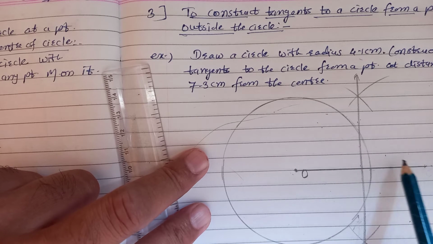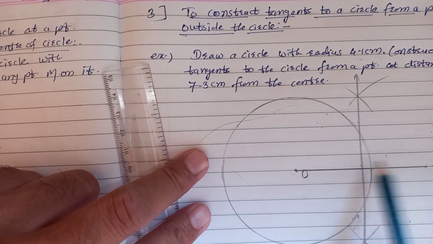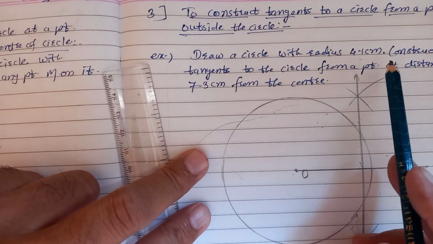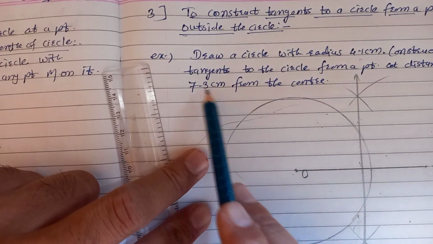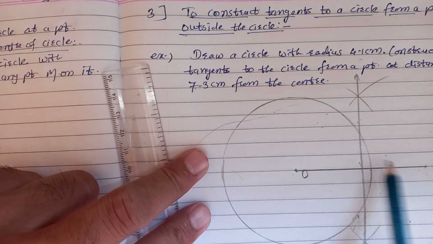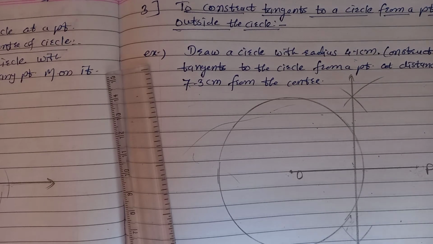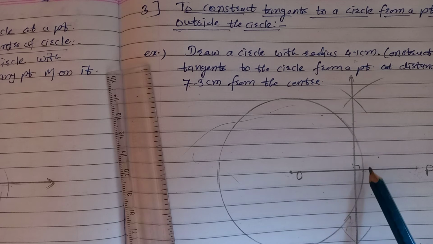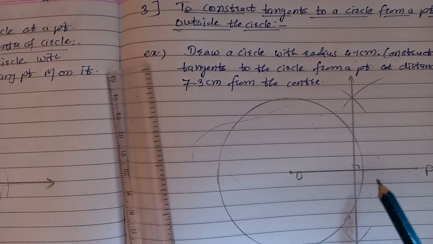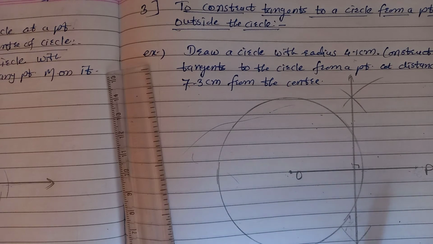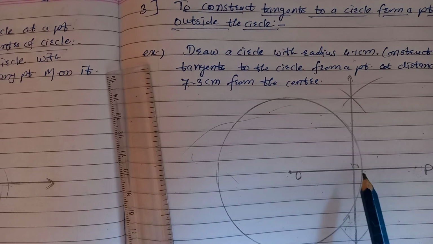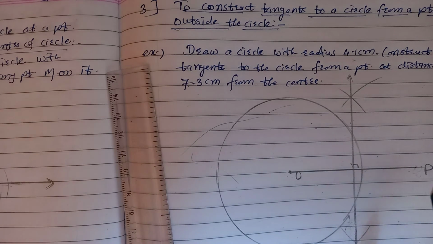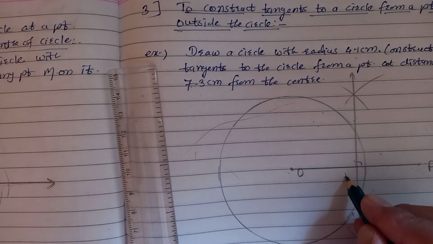If the distance is more than 8.2, then the perpendicular bisector comes outside the circle. This middle point comes inside because double of 4.1 is 8.2 but the distance given is 7.3, that is less. So this bisector comes inside the circle. Otherwise you will think, sir drew that figure and the perpendicular bisector came inside the circle. Don't adjust, whatever way it becomes, draw it. Maybe inside the circle, maybe on the circle, maybe outside the circle. So suppose this is the point M.